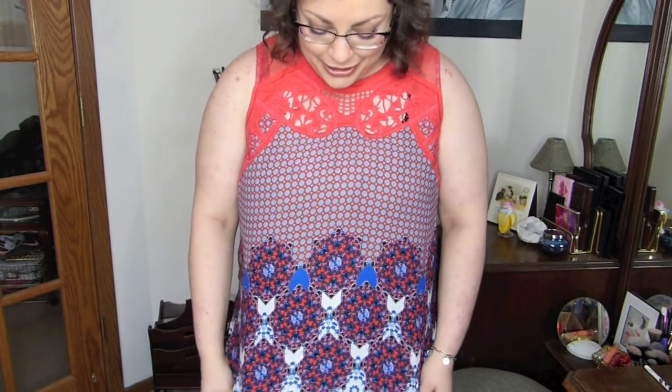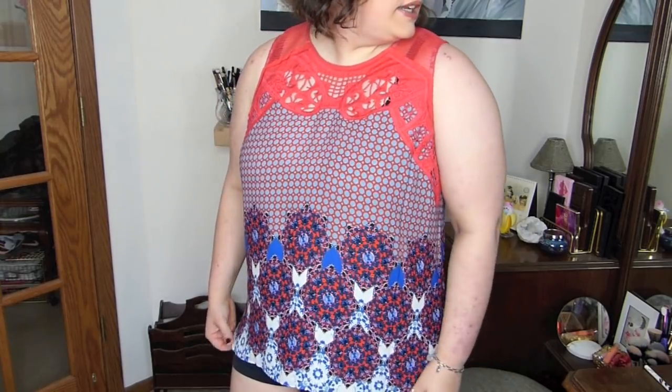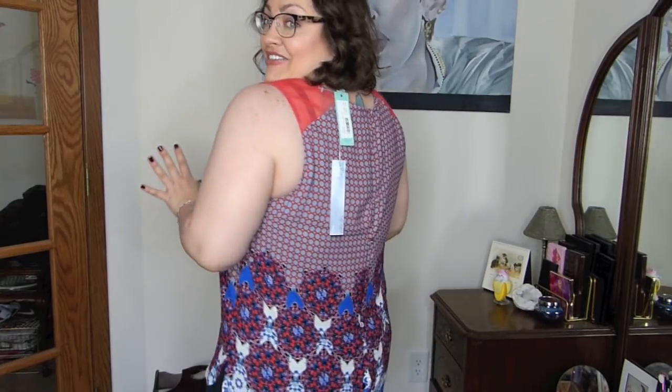Oh, this is really expensive. Sometimes it's just the little details that make things really expensive. This is $64, you guys. And this is one of the times where Stitch Fix and other subscription type things get you. Because it's like, now I have the thing. And I have the thing on my body and I like the thing. Because if I found this in store, I probably wouldn't be as willing to pay the money. But now that I have it, and I'm feeling myself in it, and it's already in my home,